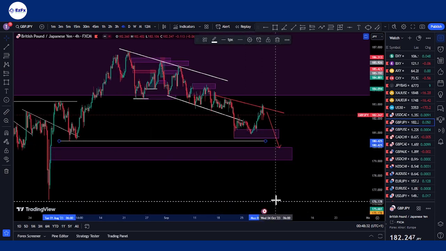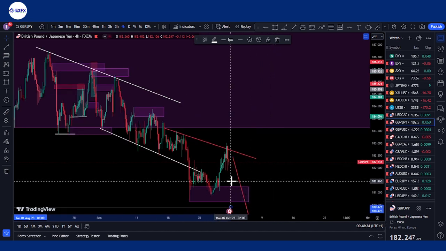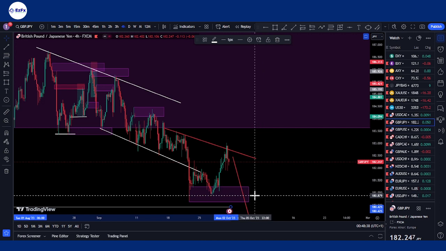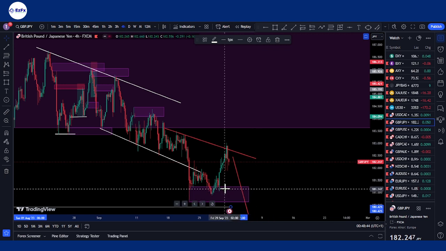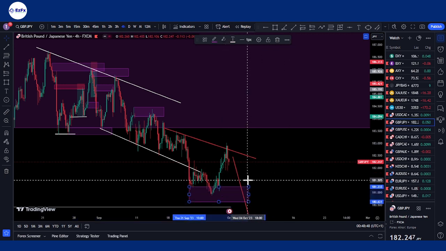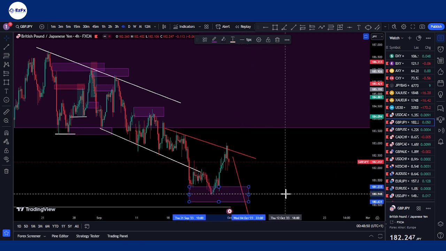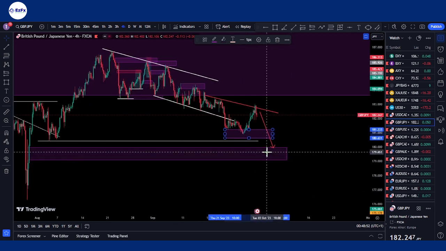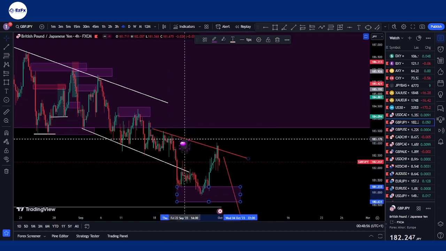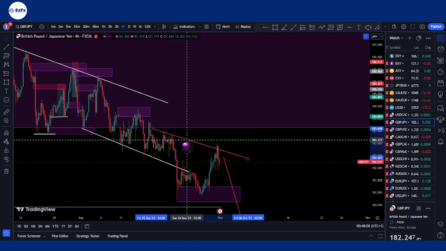This is around 180.425. Our previous bias on GBP JPY was for us to get a sell to buy. So we got that sell definitely. However, the buy didn't necessarily happen from the zone we were expecting. However, I was able to spot this during the course of this week, and we can see that that's where we saw that buy happen from. During the course of last week, we've seen about 3 or 4 touches of this trend line.